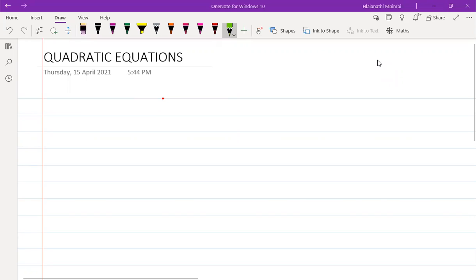So now we're covering quadratic equations. Quadratic equations have this form: